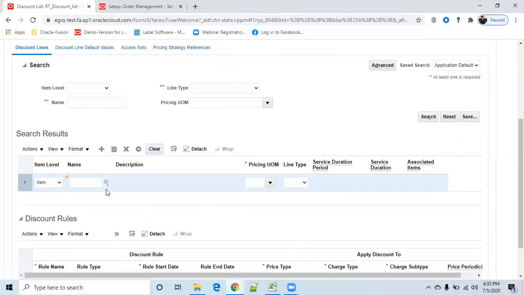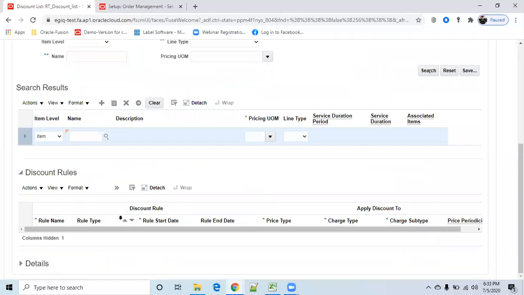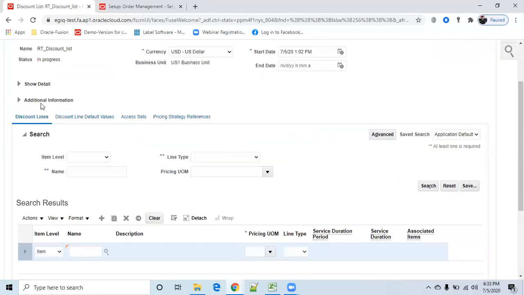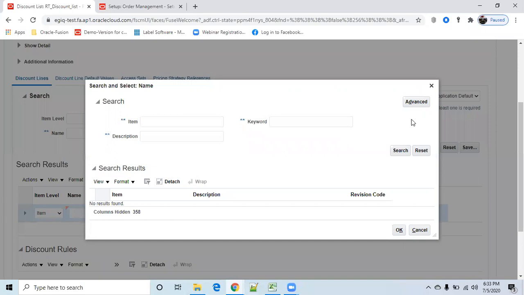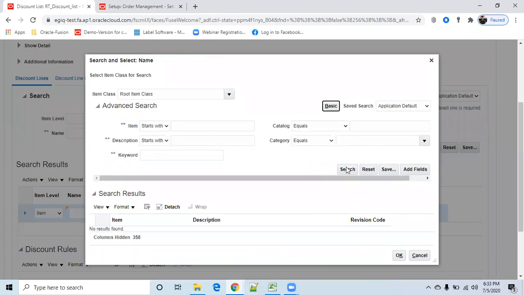The item, and we have to give the name of the item. Here they could have given a common option, like category wise and all items, and item wise, but here they have given only item wise. We have to select for which item we provide the discount.